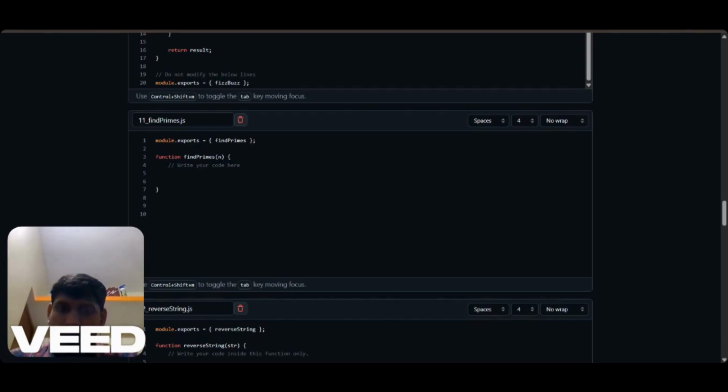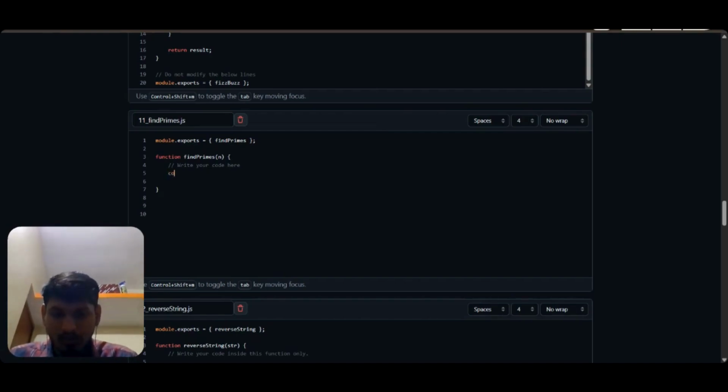Now we are solving this problem. Const prime equals an array to store the prime numbers. For let k equal to 2, because prime numbers start with 2. K less than